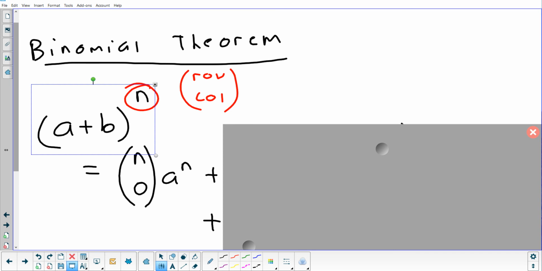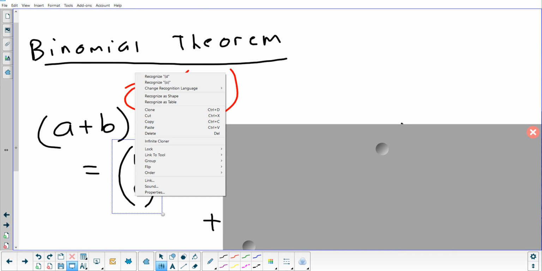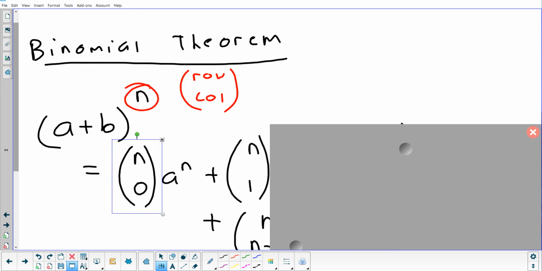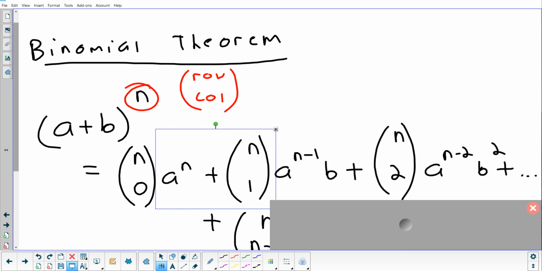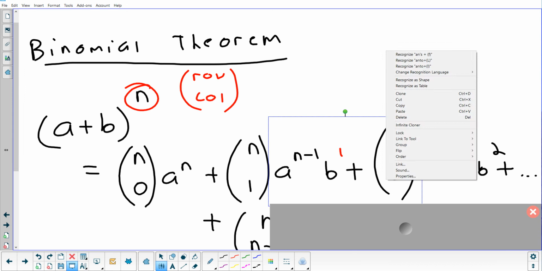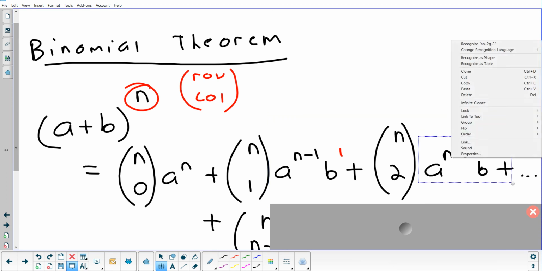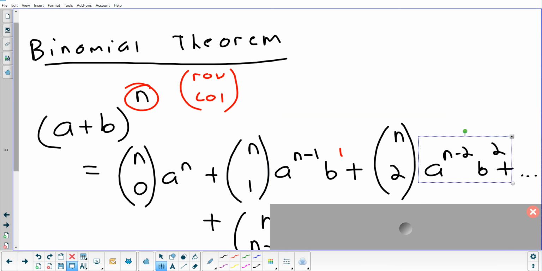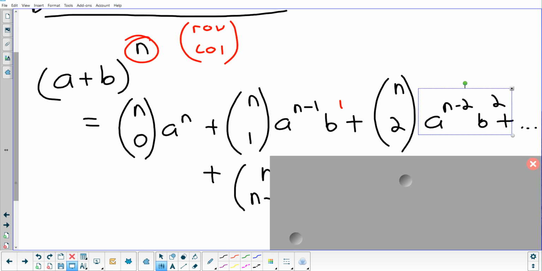So you go to the next term. The next coefficient is going to be from row n, but now we're going to go to the next column. So row n, column 1. What's going to happen to the exponent on the a? N minus 1. It's going to drop down 1. The exponent on the b is going to go up 1. Then we need the next coefficient. Everything is from row n, but now we're going to go to column 2. You're going to drop the exponent on the a again, and you're going to increase the exponent on the b. And you're going to keep going till finally